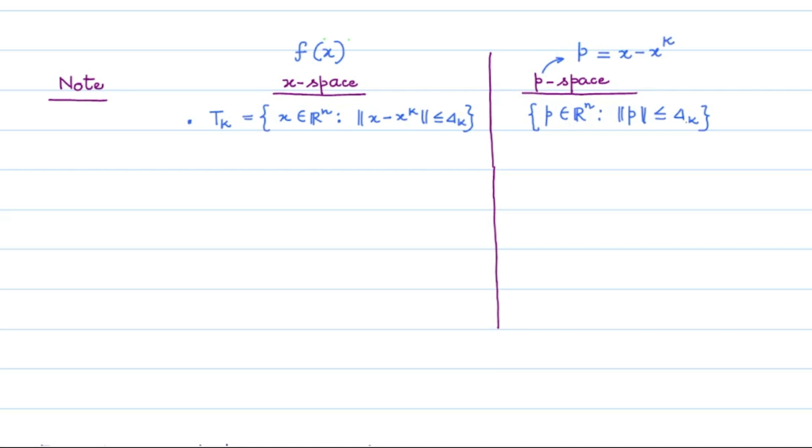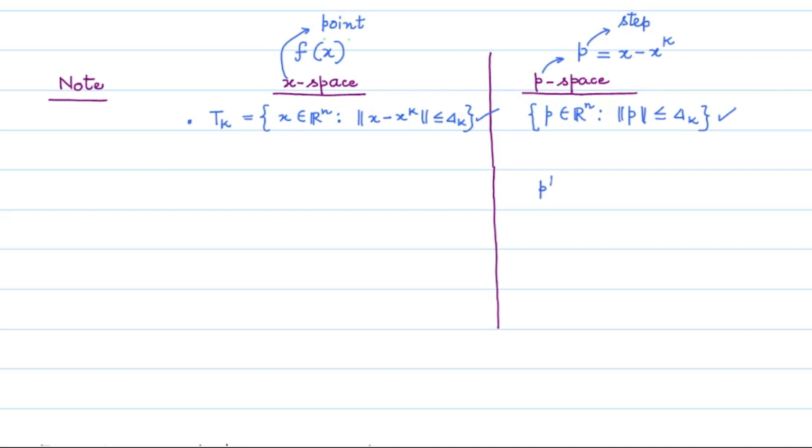In the P space, the trust region is represented by this set, and in the X space, this is the representation of the trust region. Any vector in the X space will be referred as a point, and any vector in P space will be referred as a step,